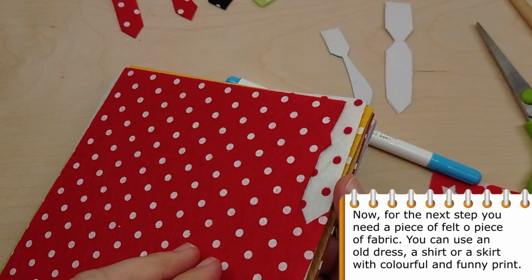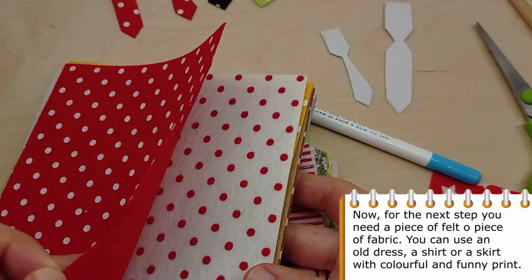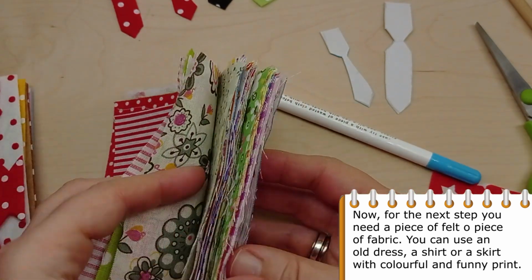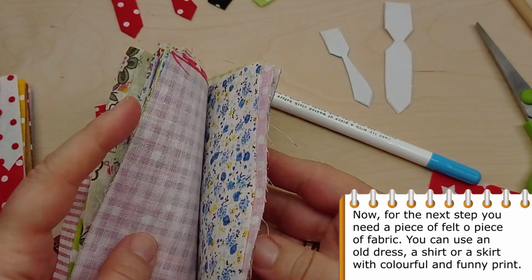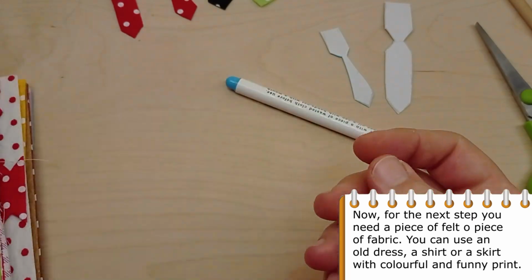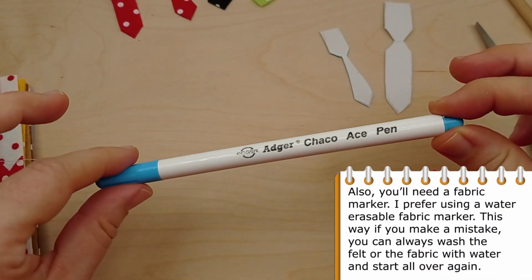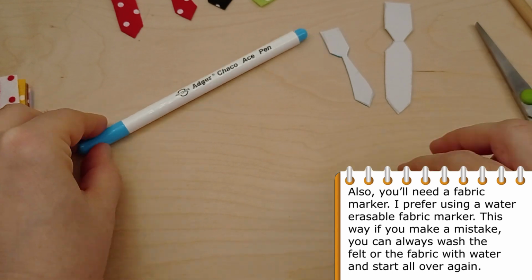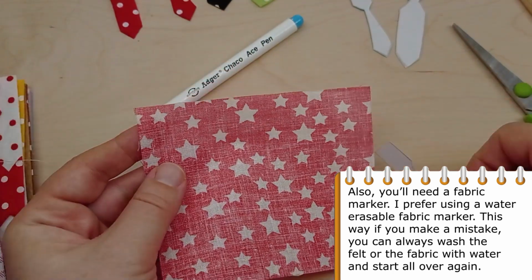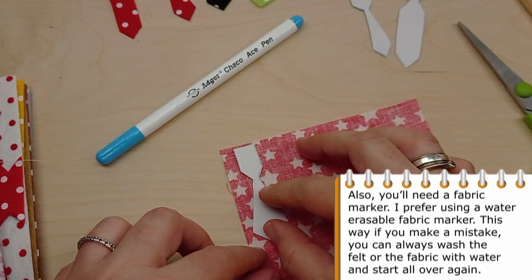Now, for the next step, you will need a piece of felt or a piece of fabric. You can use an old dress, a shirt or a skirt with colorful and funny print. Also, you will need a fabric marker. I prefer using a water erasable fabric marker. This way, if you make a mistake, you can always wash the felt or the fabric with water and start